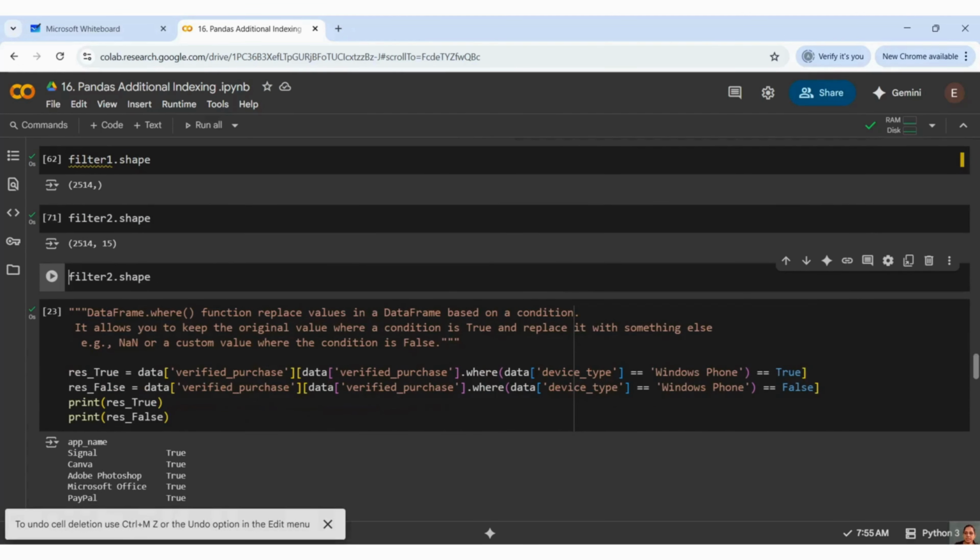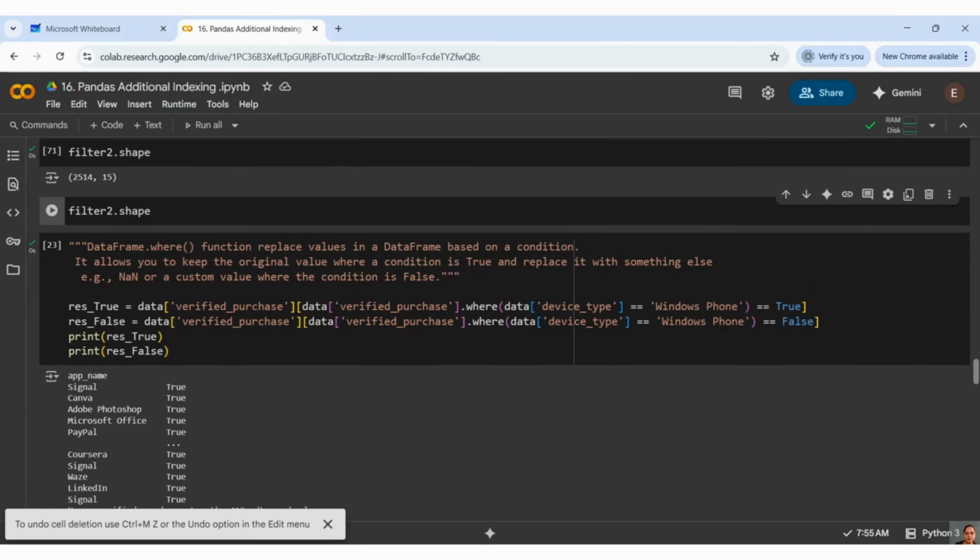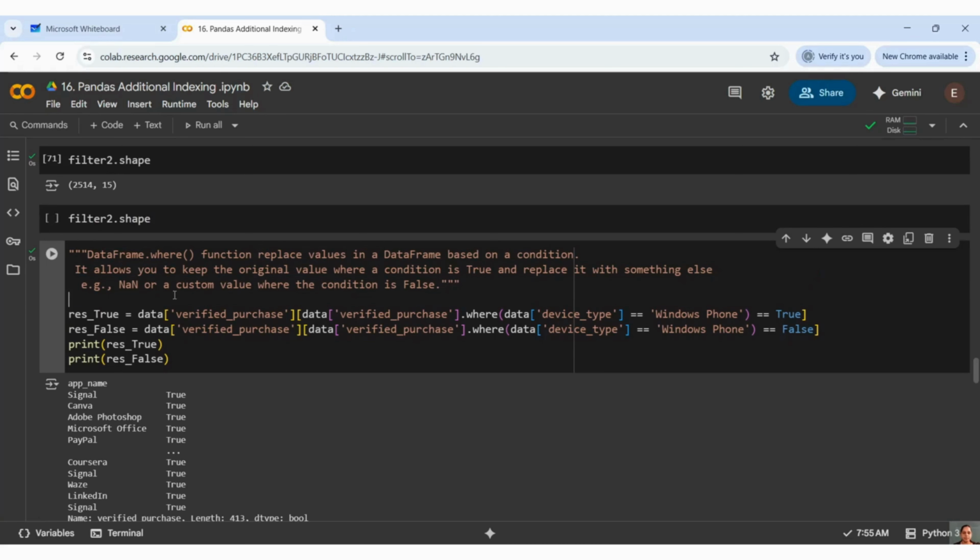Now we will see the next example, where, by using where, how can we fetch the data. So where means what, guys? Again, it's a condition, right? It is going to give you true or false, whether that particular column is having a true value, and the rest is going to be false.